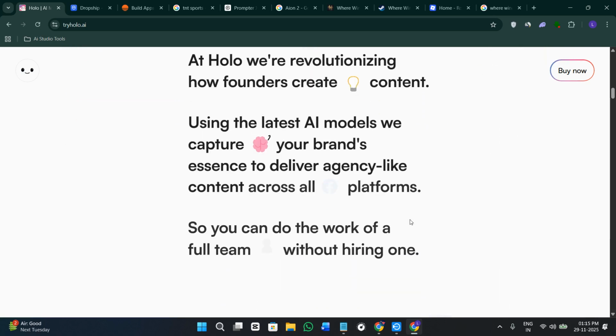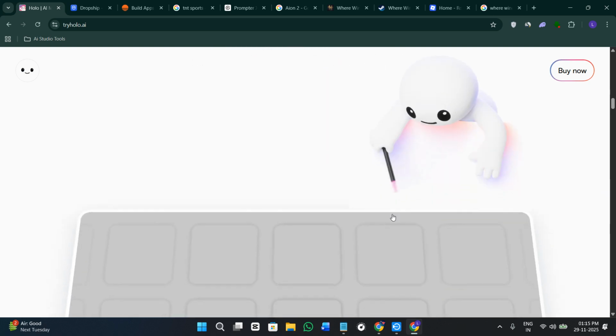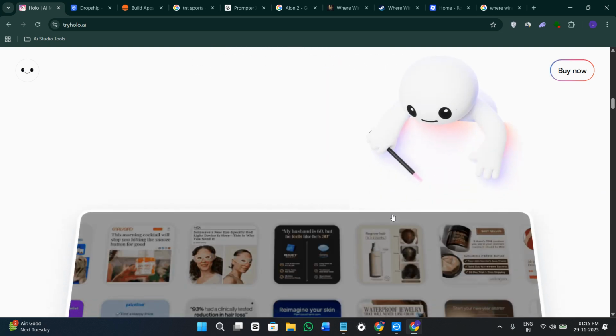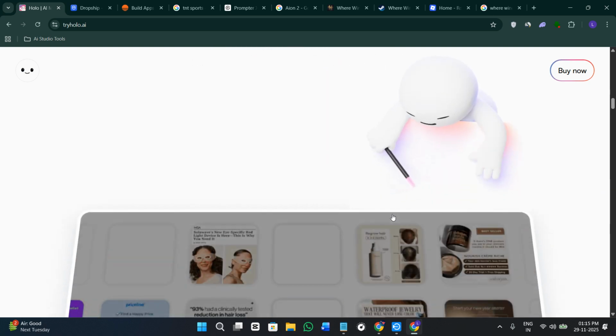Then you can use the ad generator inside Holo. You can type what kind of ad you want, and then you just have to simply click on the button of adding the campaign. After selecting your platform on which you want to do it, it can be TikTok, Instagram,